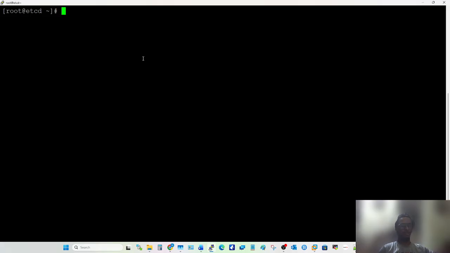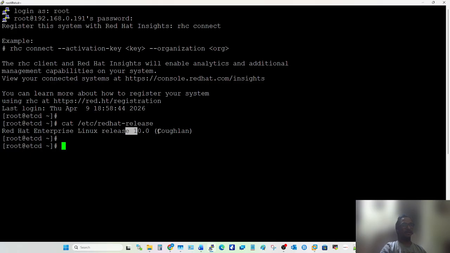In your desktop, you can use Windows 11, 10, like this. When you turn on your computer, the operating system runs. Now I am using here a Red Hat Enterprise Linux 10 operating system.